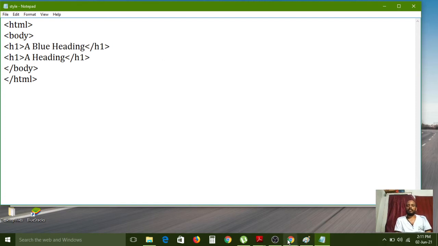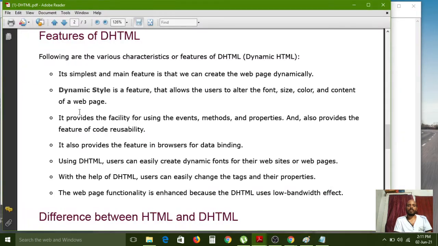So now I don't want to use this one here. What is the concept here? It provides the facility of events and methods, and provides the feature of code reusability.